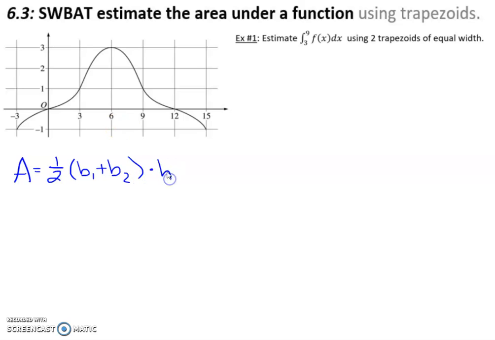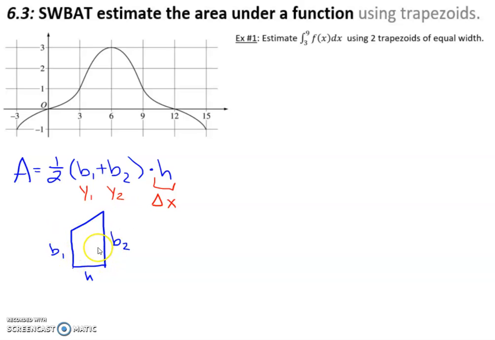times the height. And just so you're all aware, every time we do this in calculus, our trapezoids typically tend to look like this, and our bases are typically not what you would think of as the bases. They're the sides, and our height is the distance between them. So it's kind of like a sideways trapezoid. It's going to be like that every single time. And what you really need to know is that the height is the change in x, so that's delta x or dx. And then the base 1 and base 2 are going to be like the two y values on